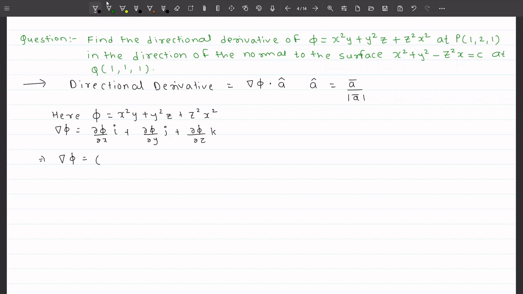So it is 2xy plus 2z²x i, right? So x² derivative is 2x, y treated as a constant. This is independent of x, that means derivative is 0, and the derivative of z²x² is 2xz², right? Iota plus